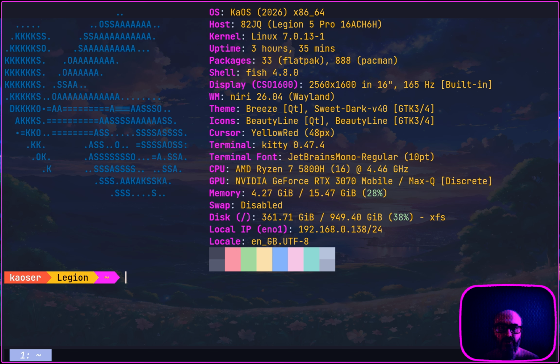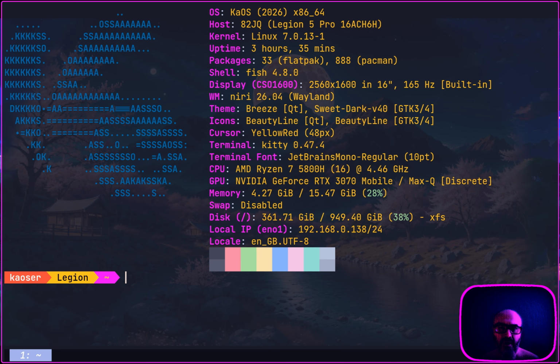Pay attention to the screen resolution, which is 1440p basically, 2560 by 1600, running at 165 Hz. However, I'm recording and streaming today at full 1440p, sorry, not 4K, but 30 FPS. The rest of the system information, just take a good look, and more or less you know the things, except of course this is an important change for today. The GPU is an NVIDIA GeForce RTX 3070 Mobile or Max-Q if you prefer.